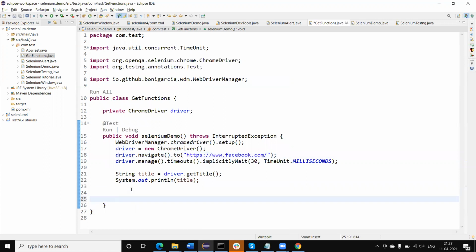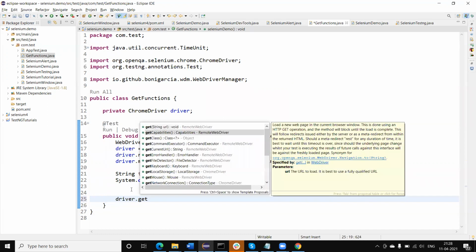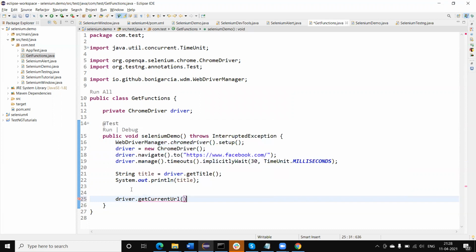Next, if we want to get the current URL, there is a function. Sometimes we need to read the current URL and verify some values in the URL. So we can use the driver dot get current URL function. This will return us the current URL.